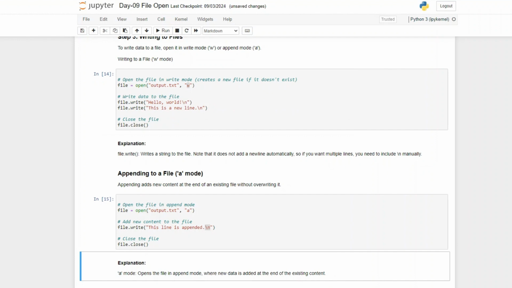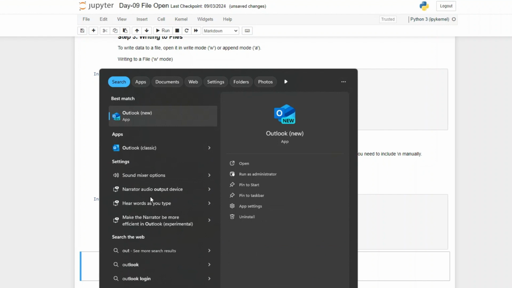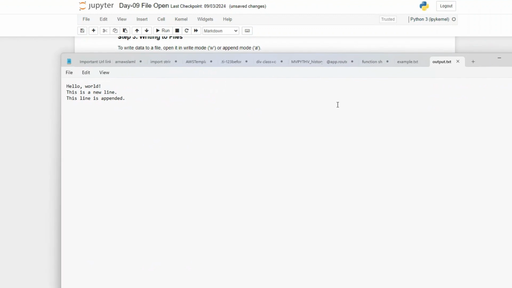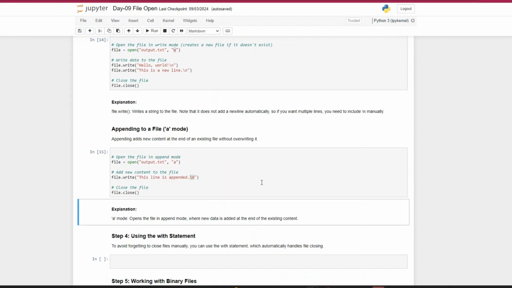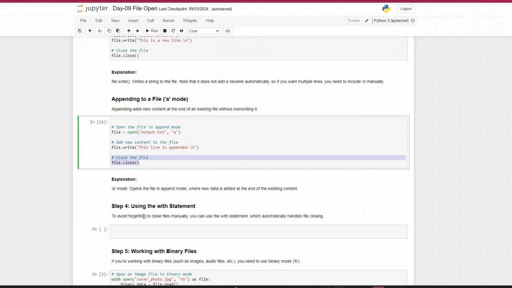output file, we have it there that this line is appended. Know that I've been saying that you always have to add the file close so you don't forget to close your file. So now there's an easy way to do this so you don't have to add file close,